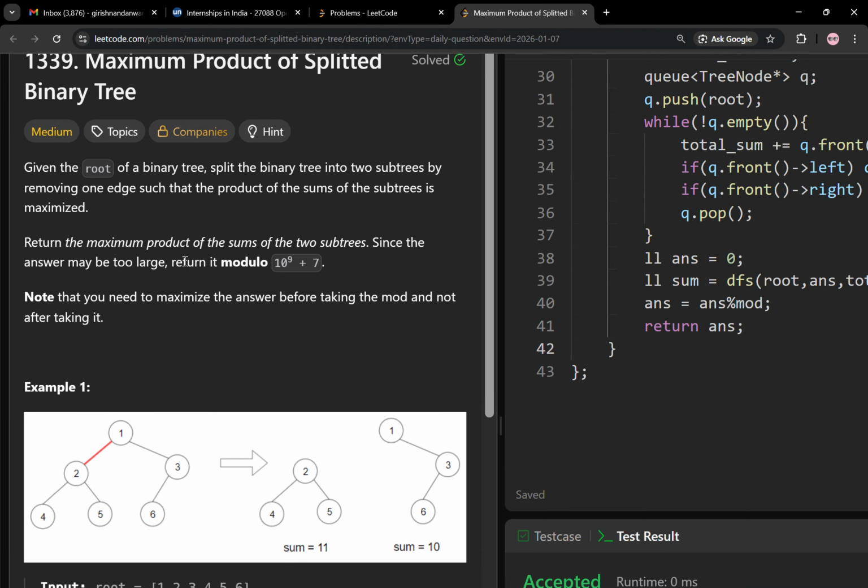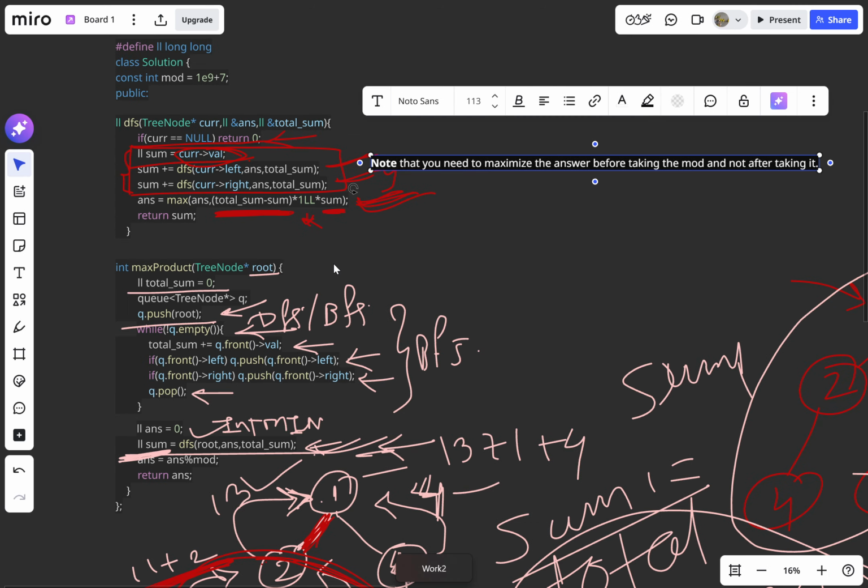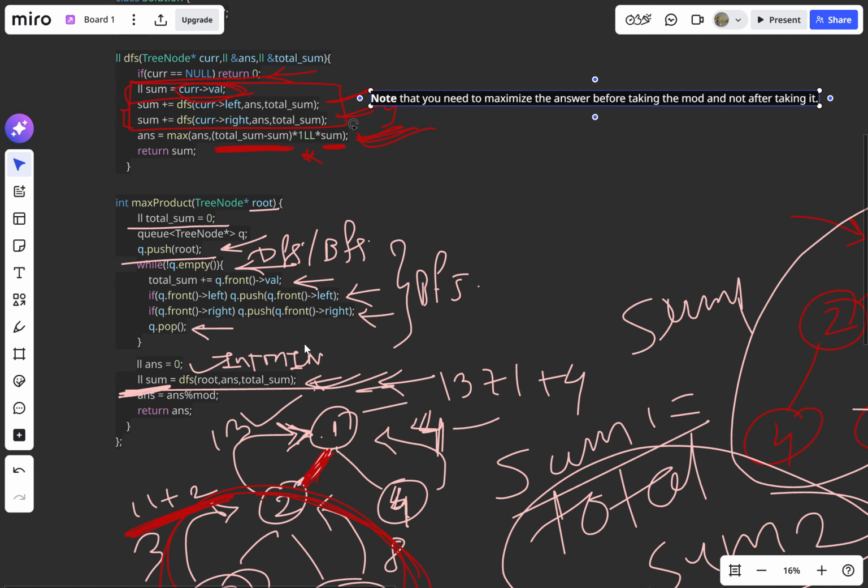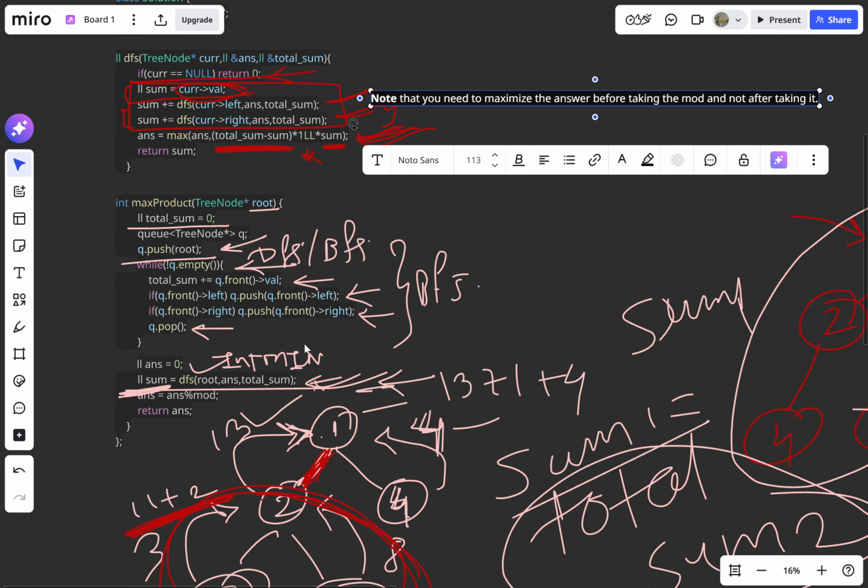Because it was mentioned here that it may be too large, return it modulo 10 to the power 9 plus 7. So that's why you have to use long here, and after that the answer cannot be in int, so that's why you have to place the mod here. Okay,